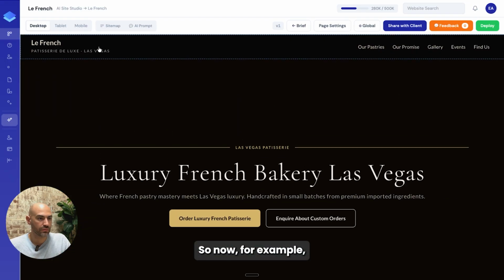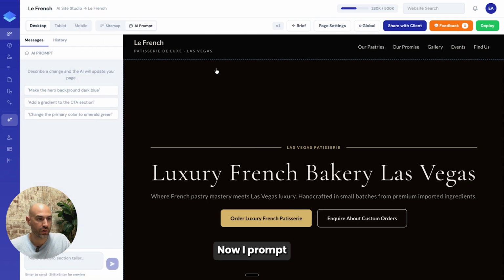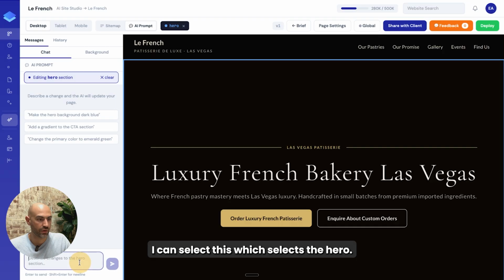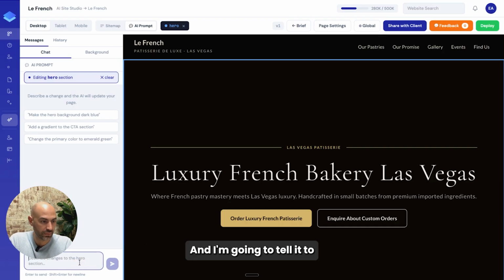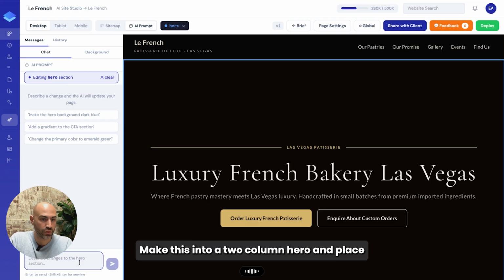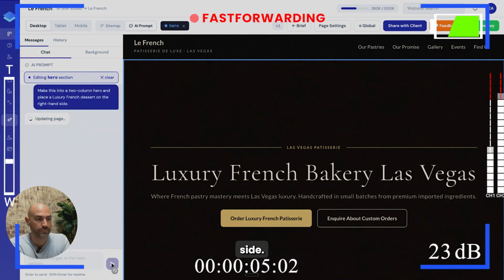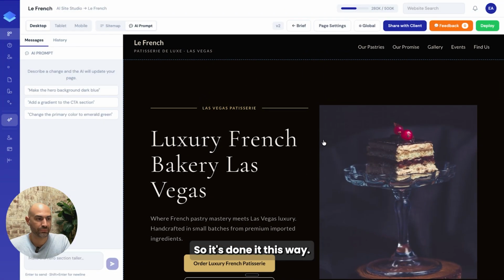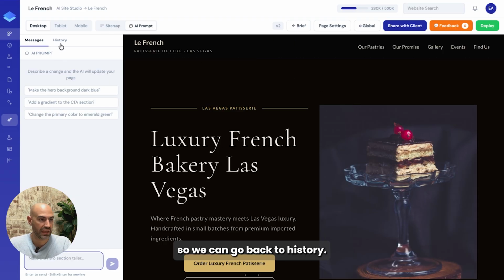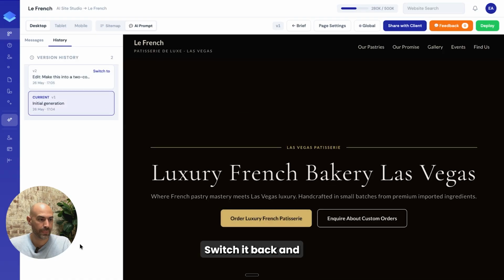Now, for example, I'll show you the power of it. I can go to AI prompt, I can select this, which selects the hero. I'm going to use Whisperflow here, and I'm going to tell it to do what I want. Make this into a 2-column hero and place a luxury French dessert on the right-hand side. So it's done it this way. You might not like this, so we can go back to history, switch it back, and